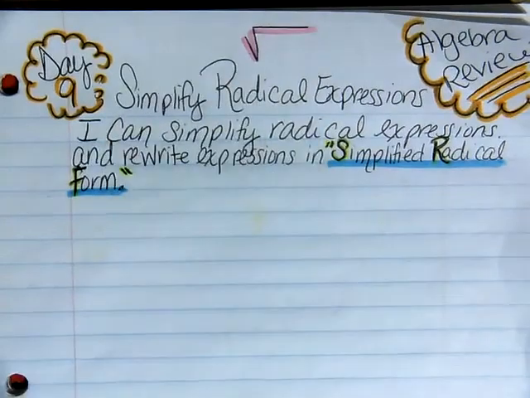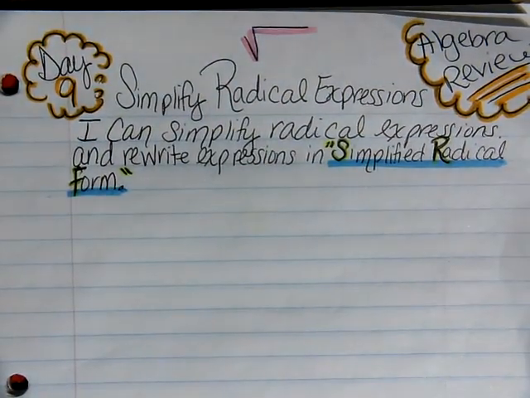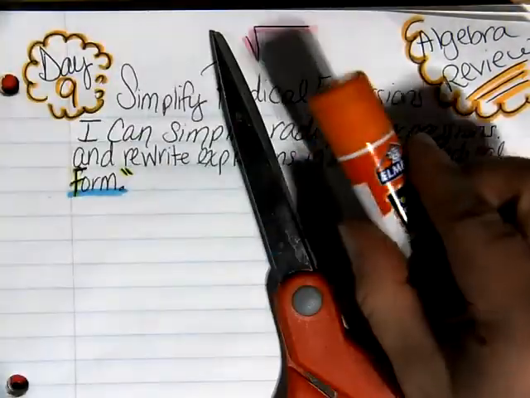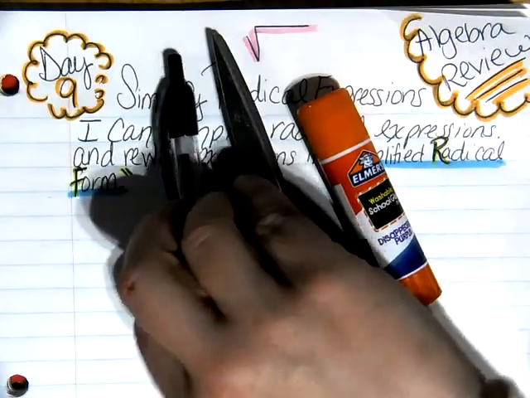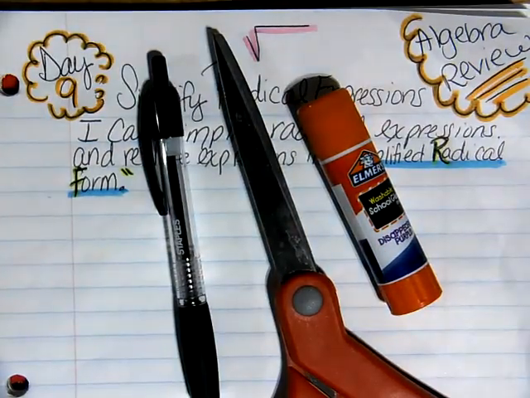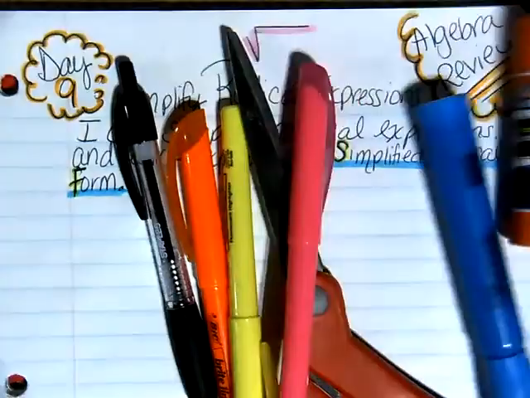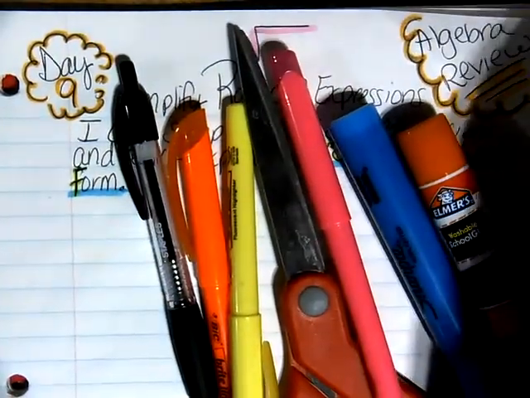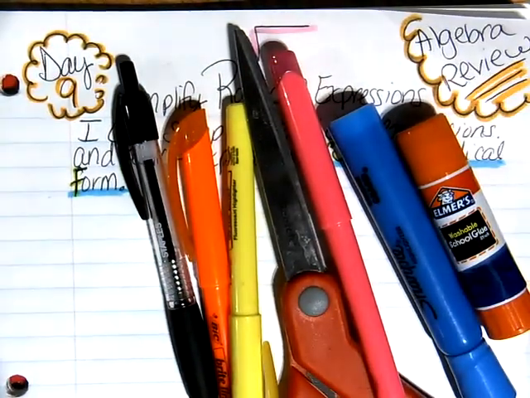Before we get started, please make sure you have the following materials. You will need scissors, a glue stick, something to write with. You will need some color highlighters. And you will need to have printed out the Unit 1, Day 9